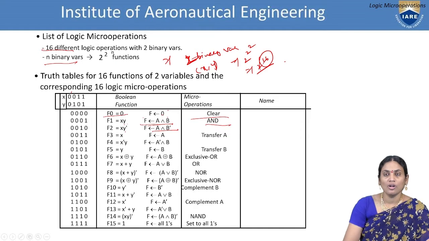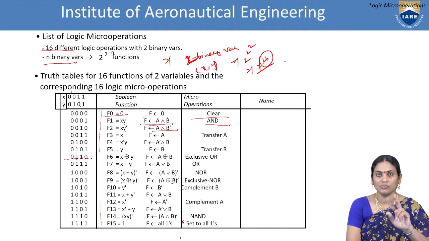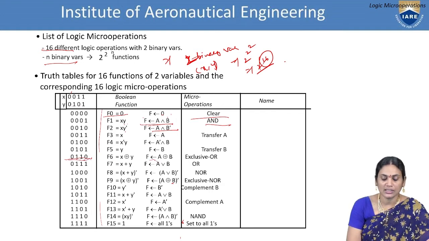So these are the logic operations, how the functions have been achieved. We are simply saying that the statement of F0 to F15 is this, and these are the functional logic or truth table for this. If you apply Boolean logic and Boolean functions for this, the expressions will be like this. In a similar way, we have all combinations of operations. For example, in F6, we can find that two 1s are there only if one combination is available in the inputs. So we can say that it is exclusive OR.